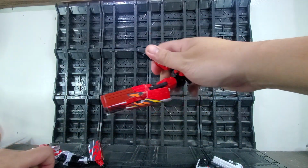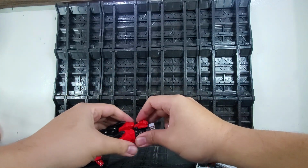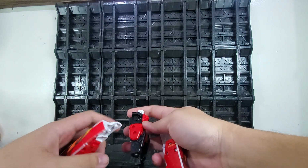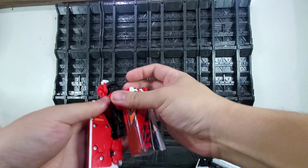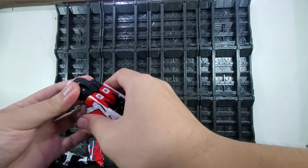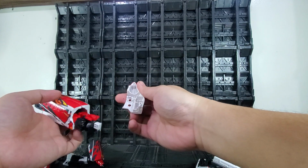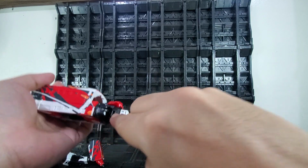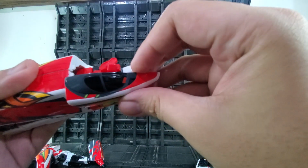Alright, so you're supposed to actually take these out and then push it down like that. And this thing just closes down like that. And then these two pegs, we'll peg it to these holes here, and on these holes here. There you go. And then to close it up, there are going to be tabs here. There's a tab there, and it will tab it to this hole on the hip here. So you get a pretty clean